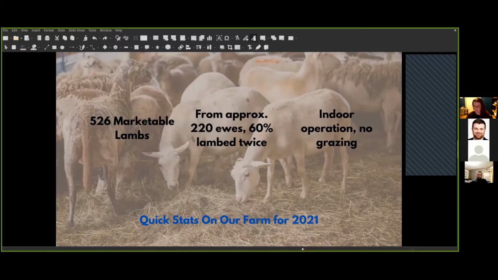He's here all the time. He doesn't have off-farm income. As mentioned in the introduction, I am a chartered professional accountant. That is what I do during the day. And I just wanted to include this so you had an idea of what kind of farm these numbers were